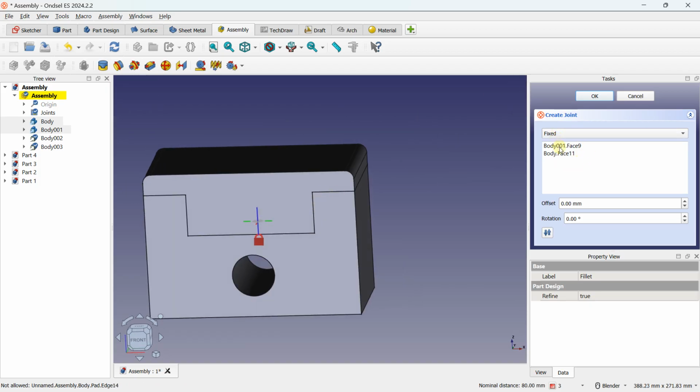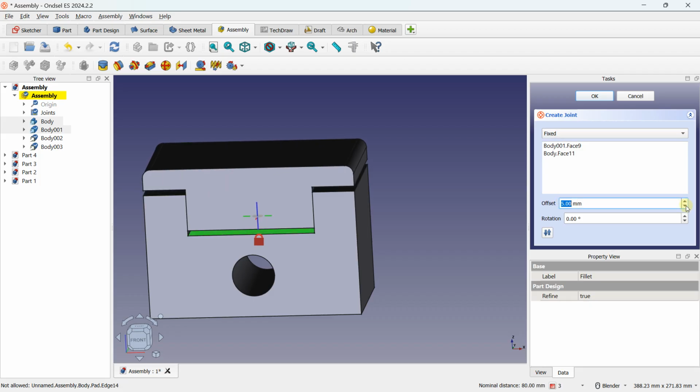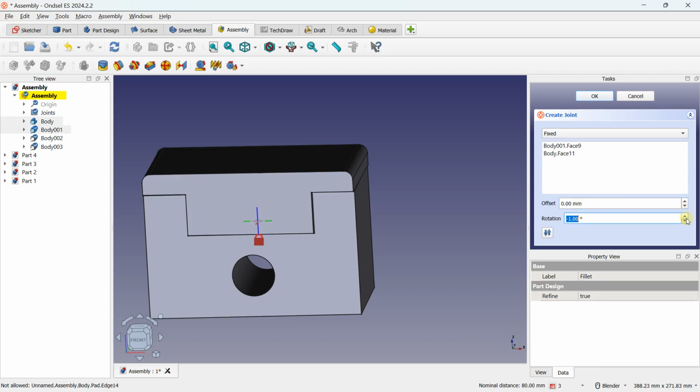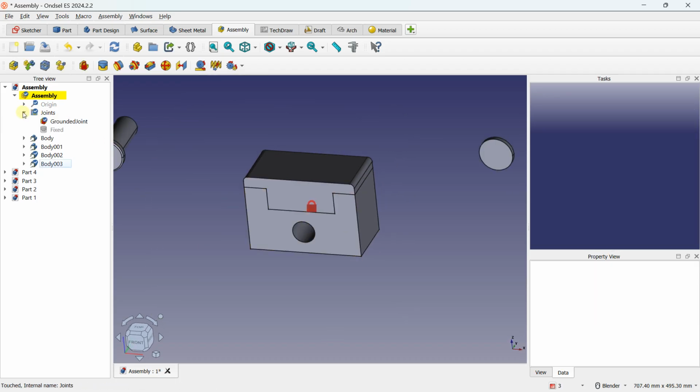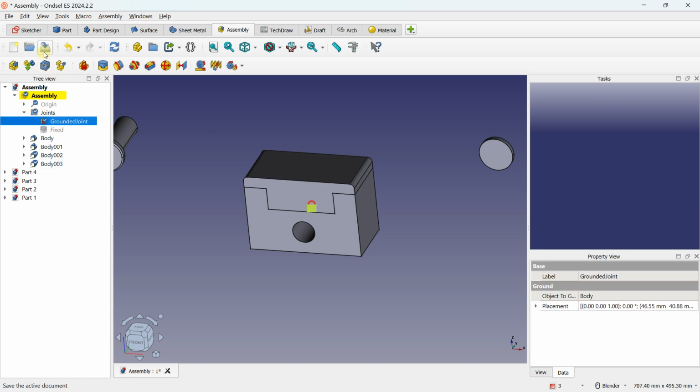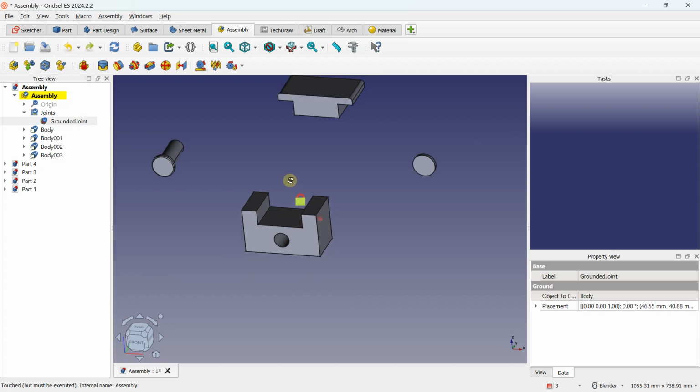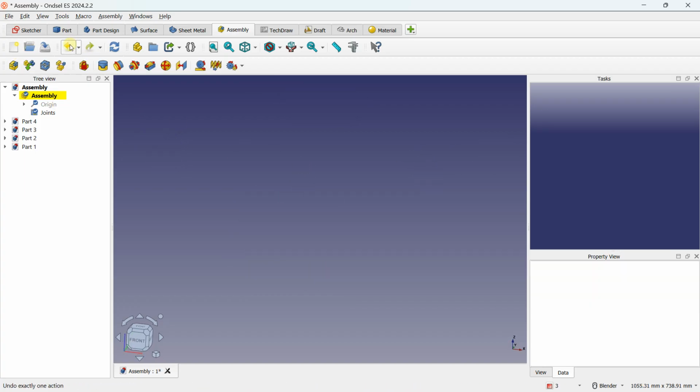And now when I go on the right here, you can also, if you need, create an offset, so it's pretty good, and you can even create a rotation if you want. But in this type of case, I don't want that, so this is why I'm going to come back to 0. And if I just validate, as you can see, I created this relation, and we have now on the construction tree a fixed joint relation. So let's just come back here, because you can create other types of relations. Here it was just an example of what we can do.